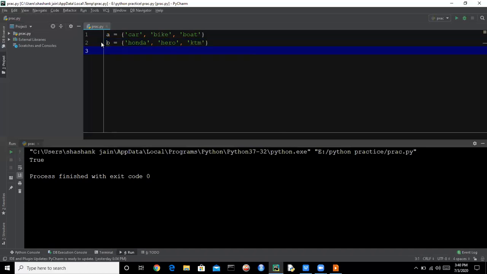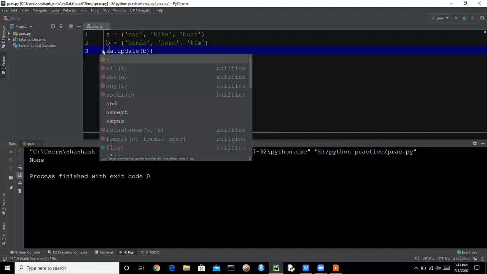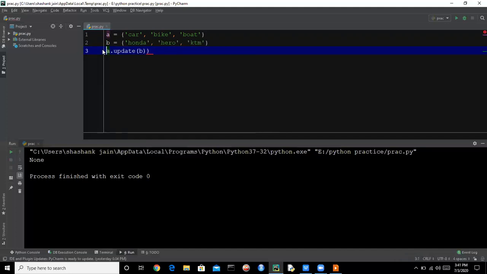So here we are having a set A and a set B. So we want to update the set A with B. So let's see what will be the output. So here it is returning none because we are printing this. We need to print A now.